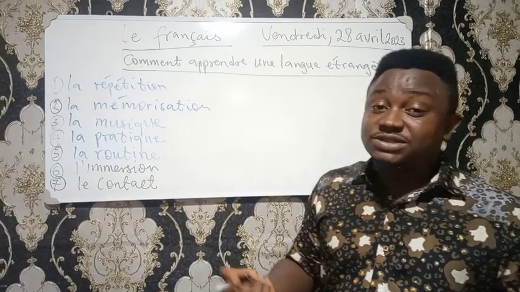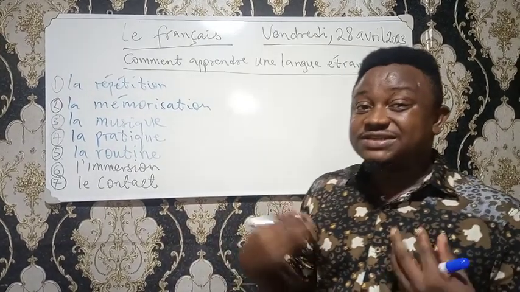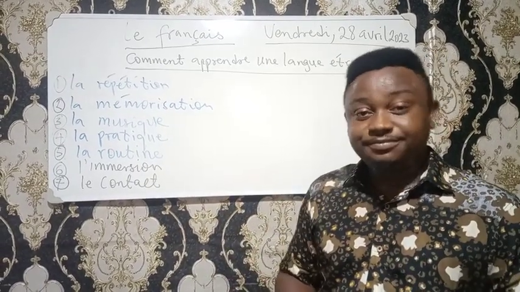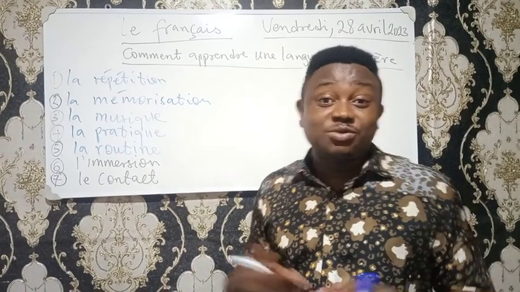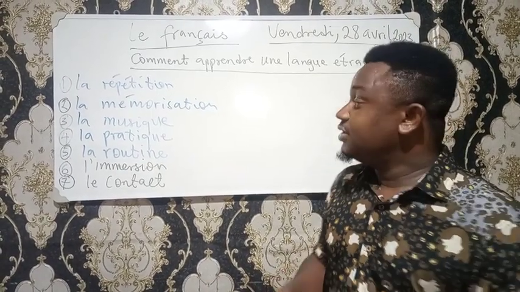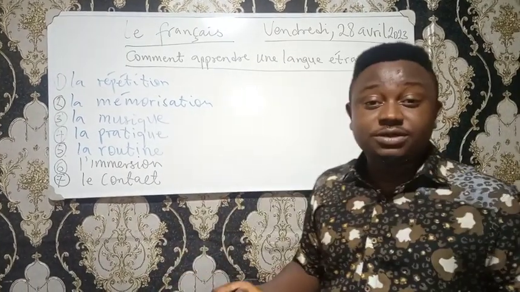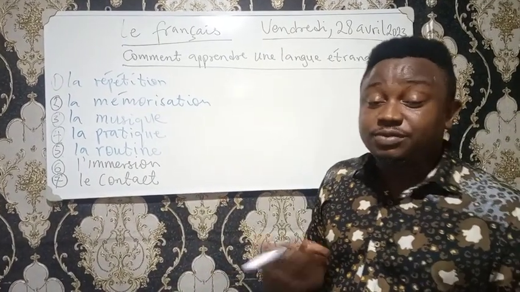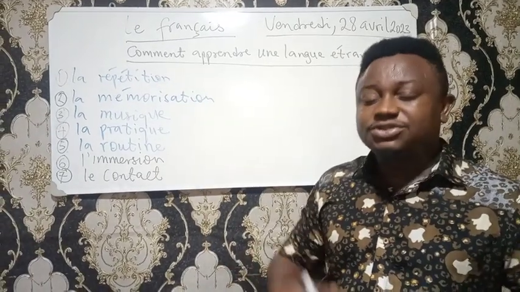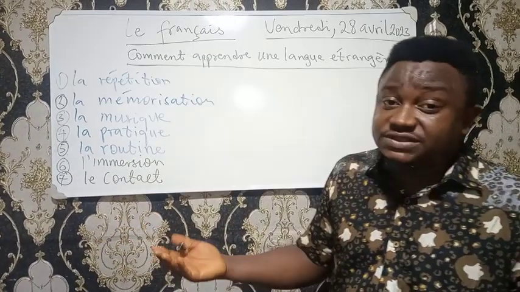Even though you may not understand what they're trying to say literally, you need to try to emulate the sounds you hear by repeating them. If the audio says comment ça va and you don't know what comment ça va is, just try to say it. So in this repetition, you can maybe get a song, a music that you like to play, and then try to sing along to the music without even knowing necessarily what it's saying.